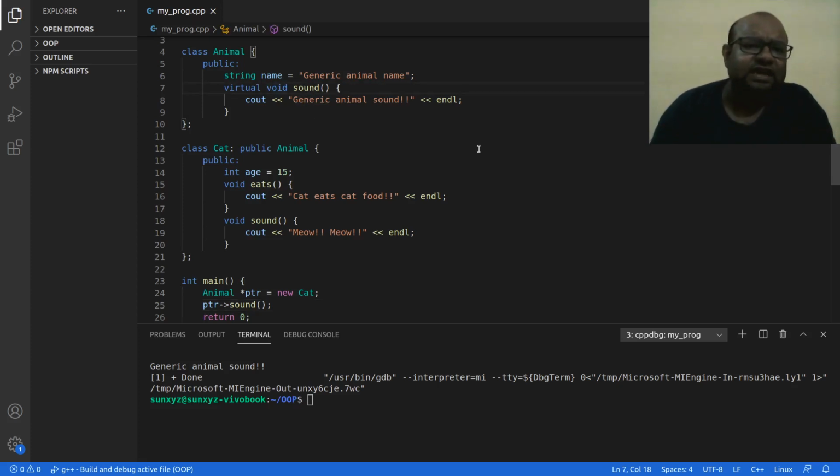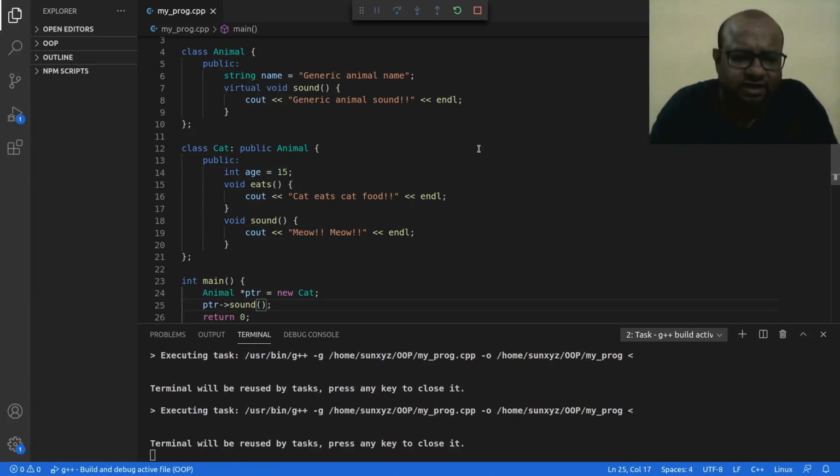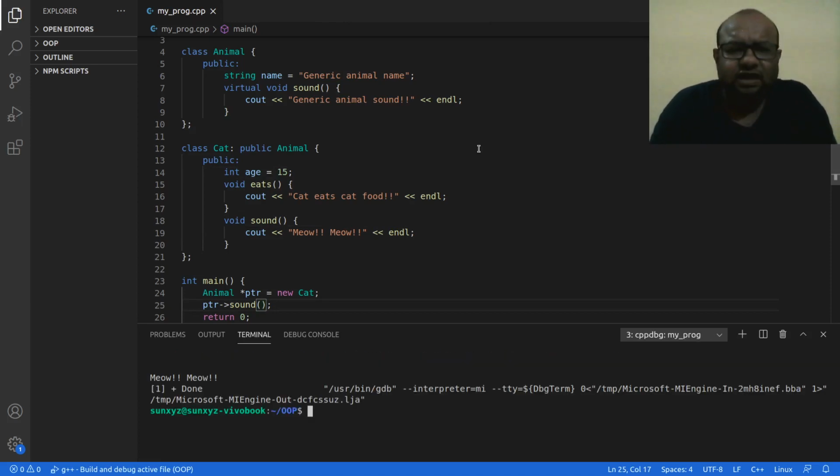Now that I have added this virtual keyword and I do not make any other change in my program, I have just added this virtual keyword. Let me go ahead and compile and run this again. I see that the sound method that is there in my child class is being called.